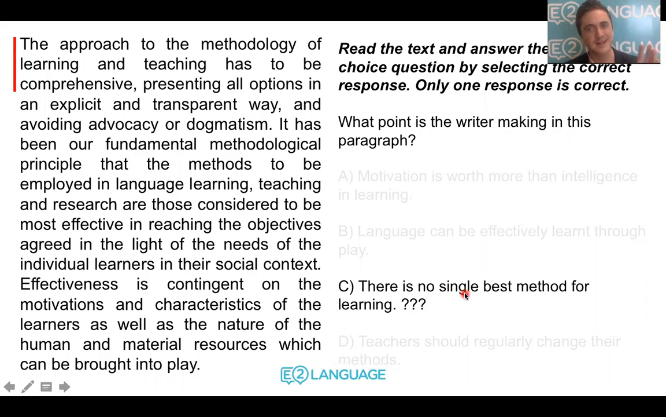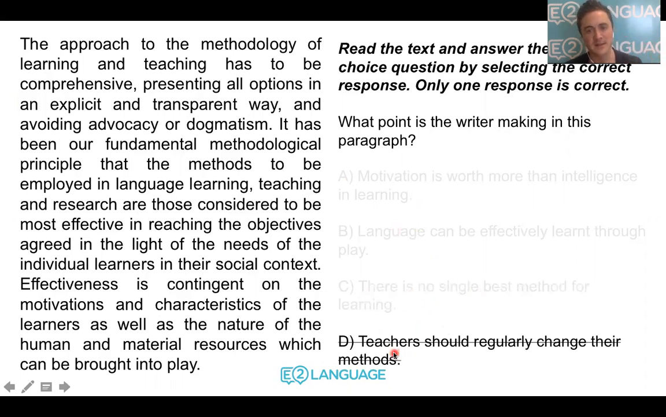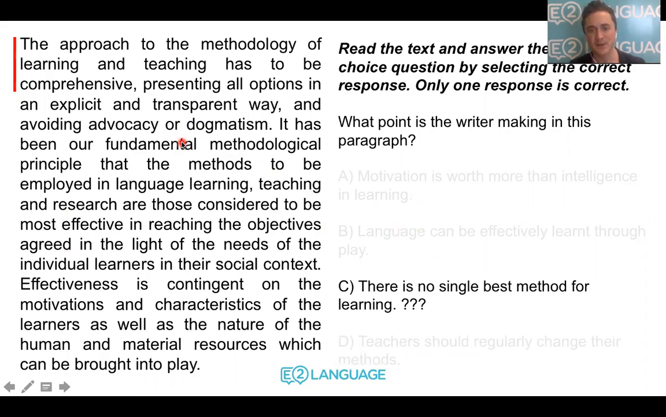In fact, this is single answer, remember, I would almost just click that. I would check the last one very quickly. Let's do that. Teachers should regularly change their methods. There's nothing in here that says teachers should regularly change their methods. Therefore, the answer to this one is C. There is no single best method for learning. We have identified that this,